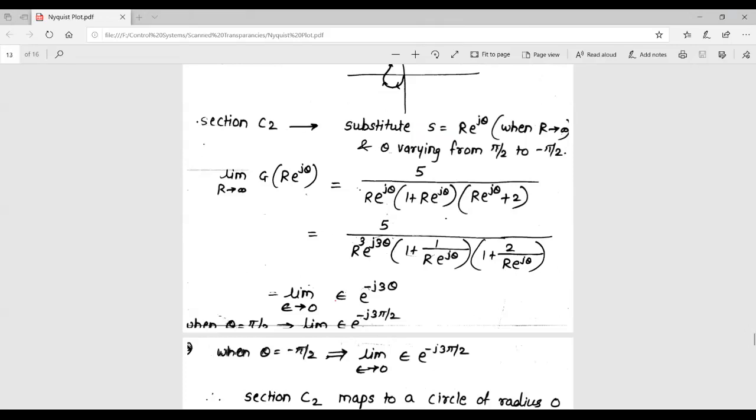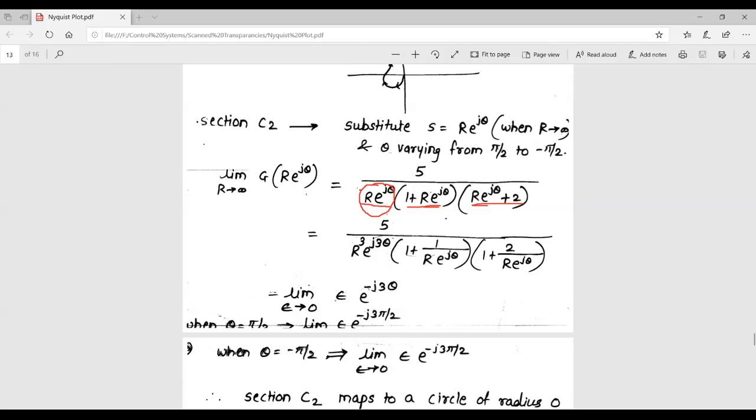So S is equal to r e raised to j theta. In the magnitude equation, we can just substitute this. Instead of S is equal to j omega, now we are substituting S is equal to r e raised to j theta. Okay. And now, if you can see this here, by taking r e raised to j theta common from these two brackets, we get r cube, because already there is this term and you keep on multiplying with these two terms. So we get r cube e raised to j 3 theta.